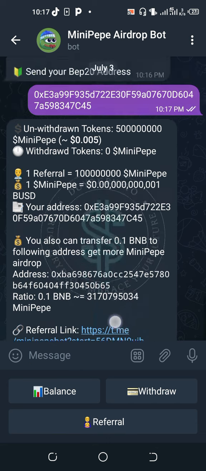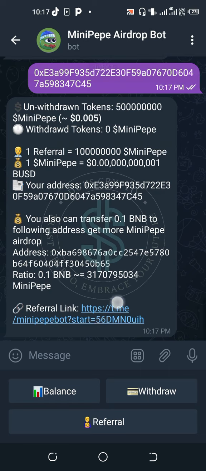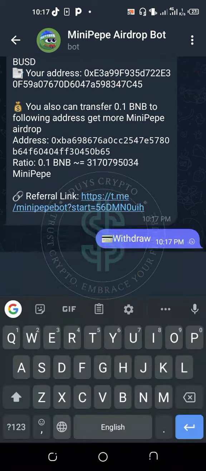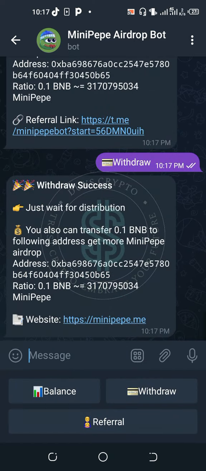Then there's your referral link that you can use to refer people to earn more. You can choose to withdraw the 500 million MINIPEPE, or refer more people to earn more. The next thing you can do is go to withdraw. When you go to withdraw, within the next 3 to 4 hours, the tokens will be credited into your Trust Wallet account.